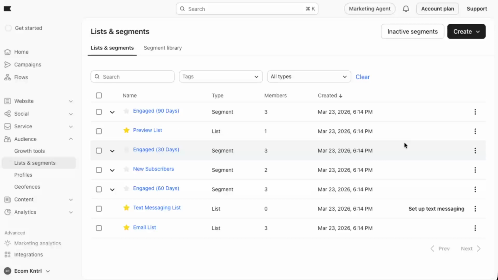Once you confirm, Klaviyo will process the deletion. After it's done, those profiles will be removed in bulk,